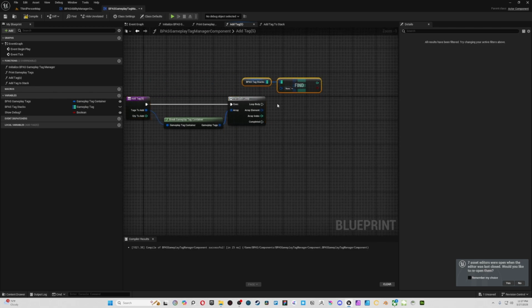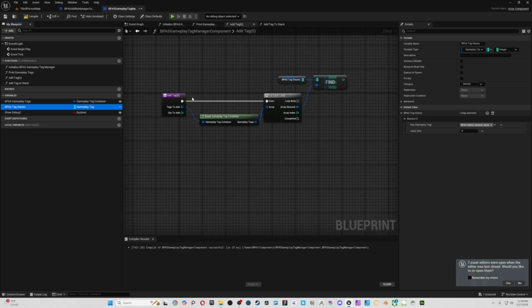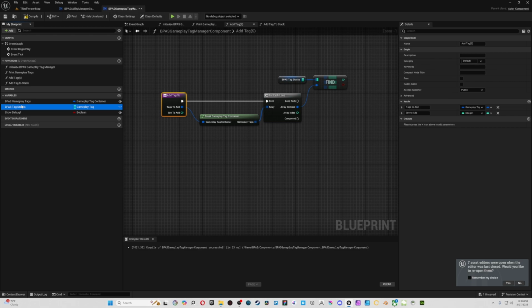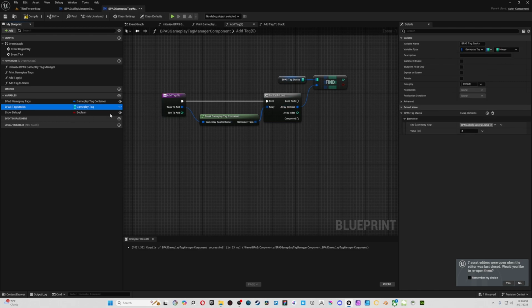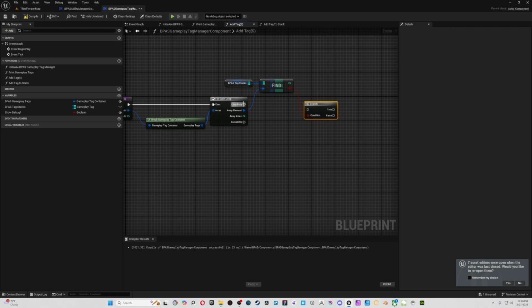Then we're going to get this find and drag it in here. And so basically that's saying, hey, do we already have a tag? Do we already have this tag? These tags we're trying to add, do they exist? One by one, it's going through them and saying, hey, does it exist in this stack? And if it does,